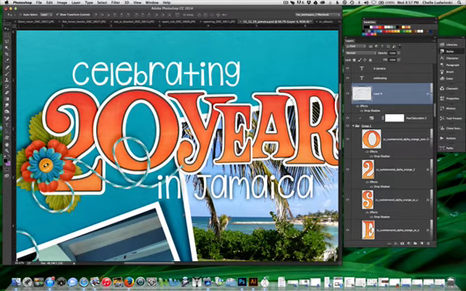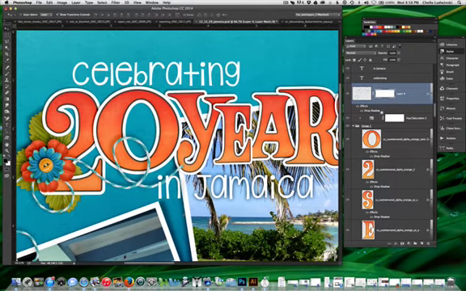On this string, I'm going to go behind the tip of the 2 right here, and then I'll stay on top right here, and then I'll go behind again with that 0, and then I'm going to tuck the end behind this Y also. And so remember that when you're going to weave it, you need to add a layer mask to it, and the way you add a layer mask is right down here on the bottom of your layers palette. It's a square with a circle in the middle. The square is usually white looking and the circle in the middle is usually black looking,